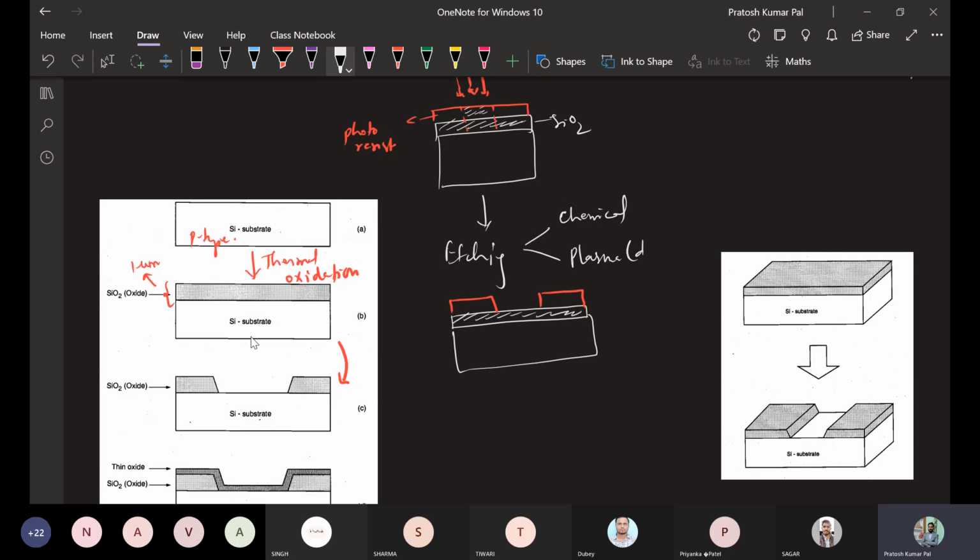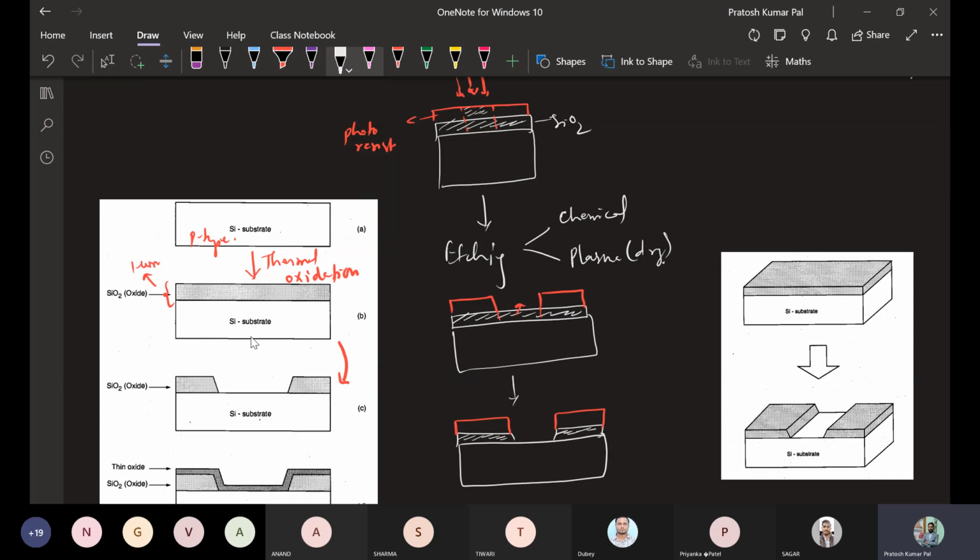So plasma etching means it is dry etching. Okay, so with the help of that, we will be removing the further portion that is exposed to this region. The oxide is also removed. So this oxide we will be removing. So the next structure that we will be getting is this, the oxide. Along with that, we will be having photoresist on it.